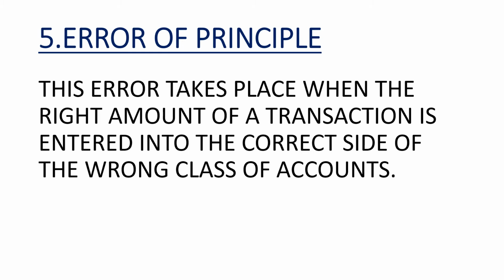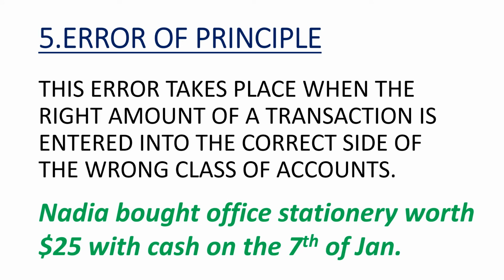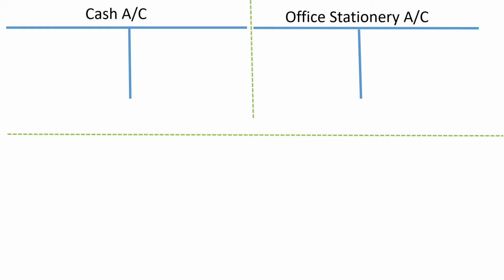Let's look at this transaction. Nadia bought office stationery with $25 of cash on the 17th of January. The two accounts involved are the cash account and office stationery account. The correct way of recording the transaction is to credit the cash account with an amount of $25 and debiting the office